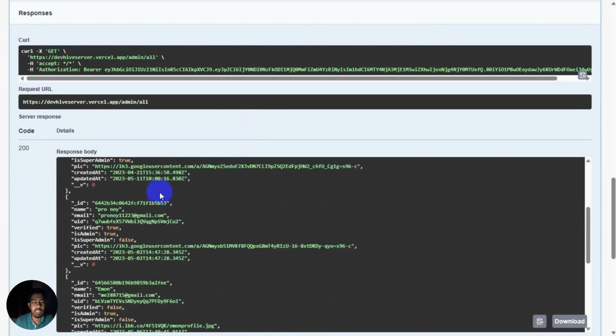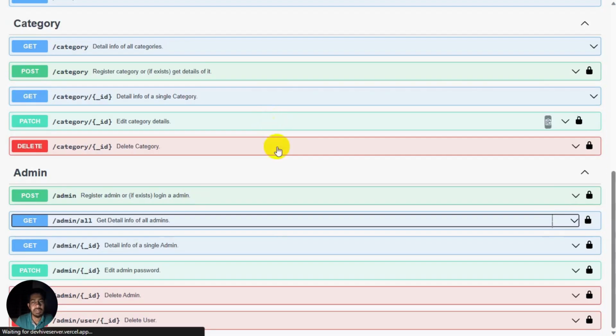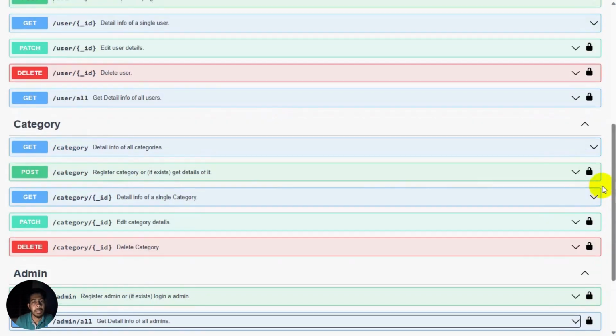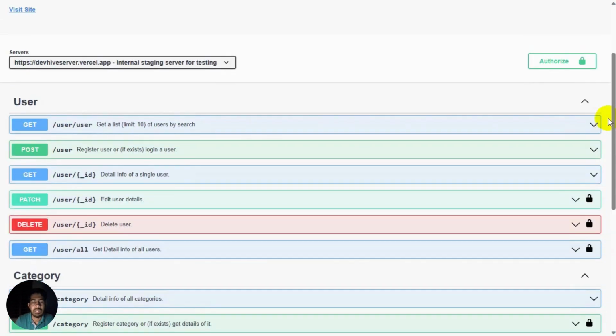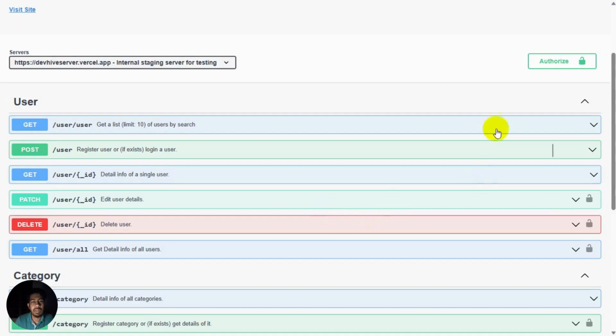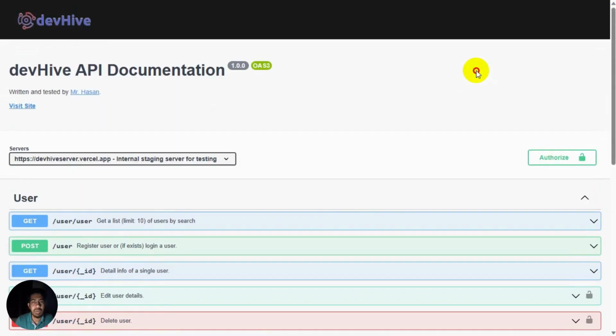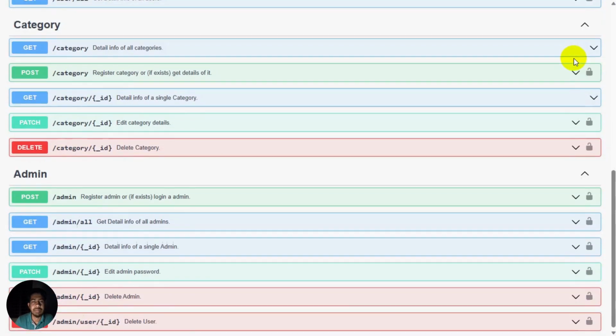So if we give the proper bearer key, they will give responses. And after we are done, we can log out as always. So after authenticating, we can log out, and next we'll see about us, who created this project. So this is my team who have